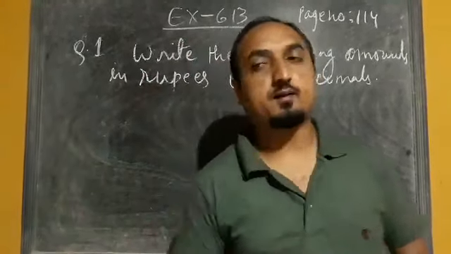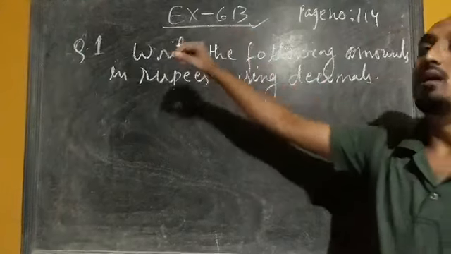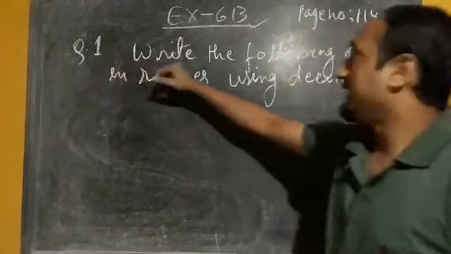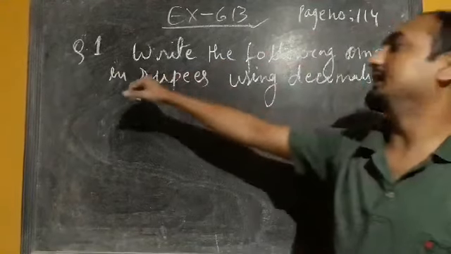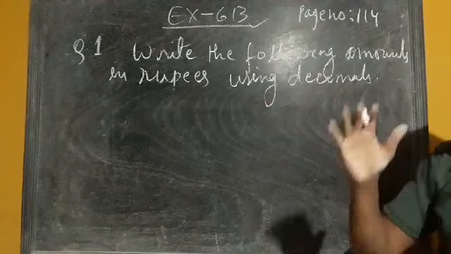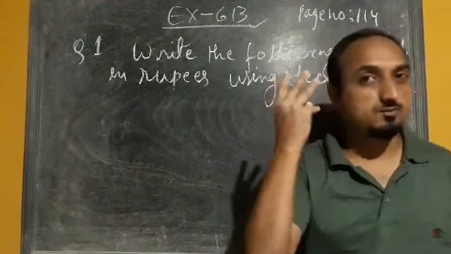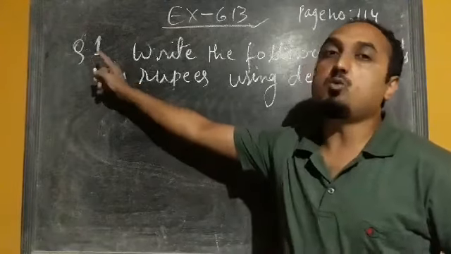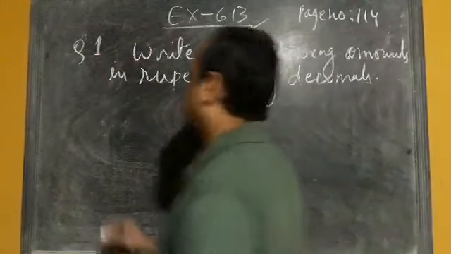So today I am going to start exercise 6b, okay? And in exercise 6b we have question number 1: write the following amounts in rupees using decimals. There are 8 questions; out of 8 I will solve 3 and the remaining will be your homework from this question number 1. So first question we have